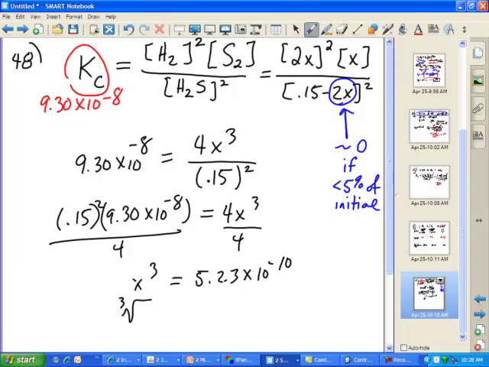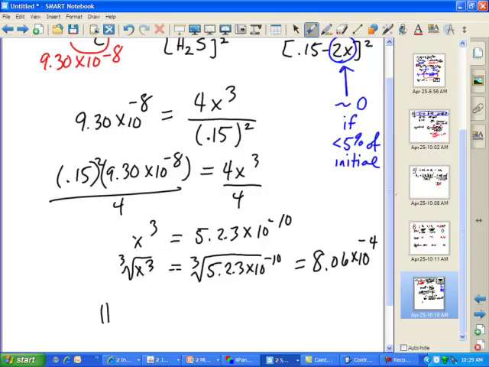There's a math button on your calculator where if you press that, there's a symbol that looks like that, and so then you press that first and then you plug in your 5.23. So you take the cube root of this, and that gives you 8.06 times 10 to the negative 4. And then your last step here is H2, right? If you go back up to your ice chart, it's equal to 2x. Oh, and by the way, this right here is x. So 2x, so it's just 16.12 times 10 to the negative 4, which takes you down to, with sig figs,